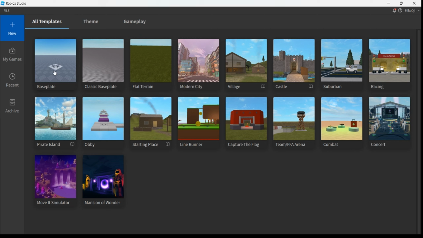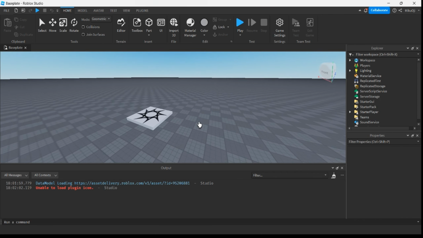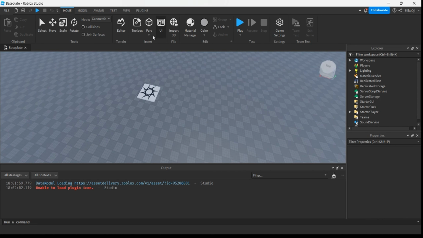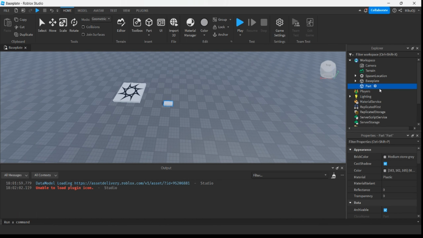First, we're going to use the base plate in our Roblox Studio, and then we're going to use a part. Let's use this part here, block part, and let's rename this block part as spin part. So our goal with this spin part is very simple,